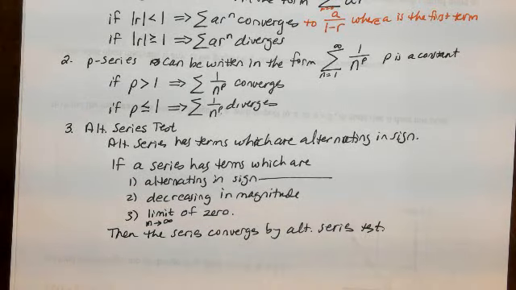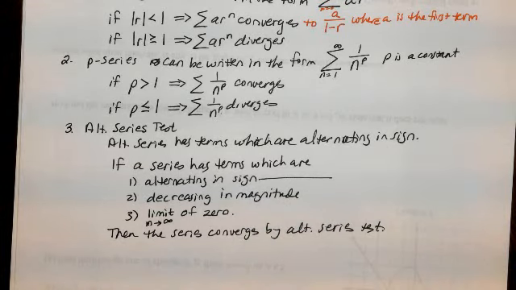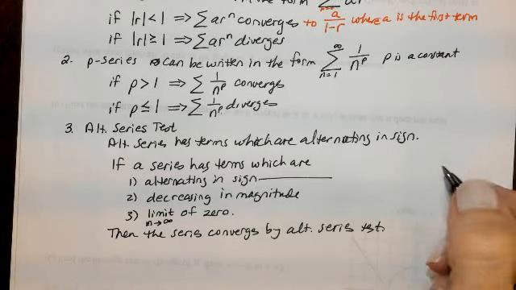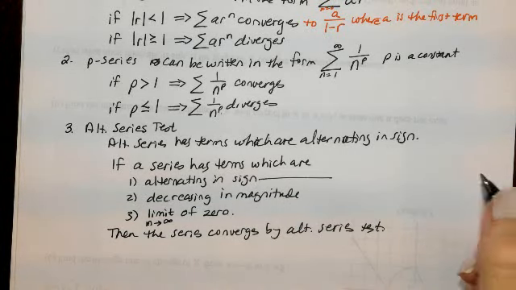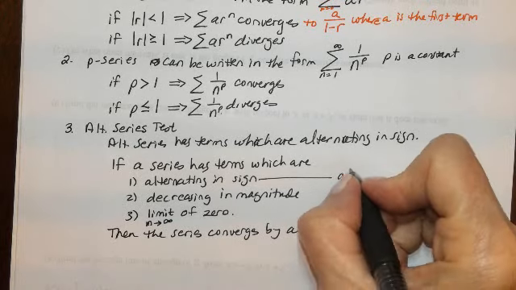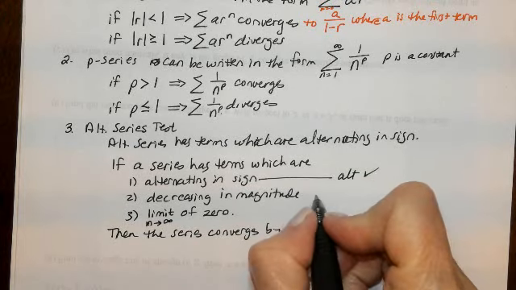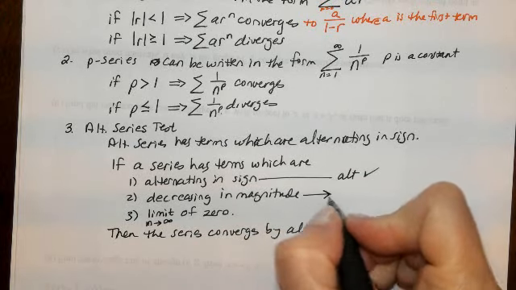Alternating in sign is very obvious. You can see it just from looking at your series. If it has a (-1) to some n power, quite likely it's going to be alternating. So that's easy to see. Alternating is easy to see. Decreasing in magnitude is a little bit